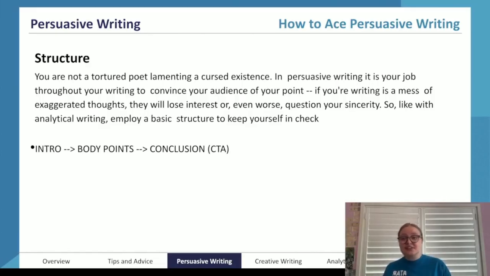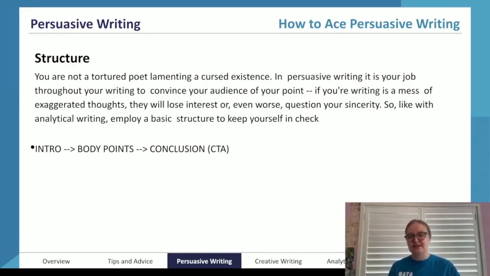So that's your introduction, your body points, your body paragraphs, and your conclusion. Now, as I mentioned earlier, in your introduction, you have your hook, you have your introduction, you say, "Hello, my name is Maddie Pride. I'm so excited to be talking to you today." You have a thesis, you have your contention. What are you going to be arguing in your speech? And then you have a preview of your points.